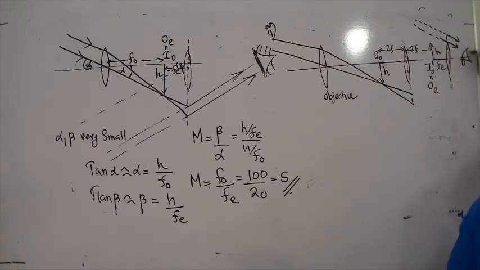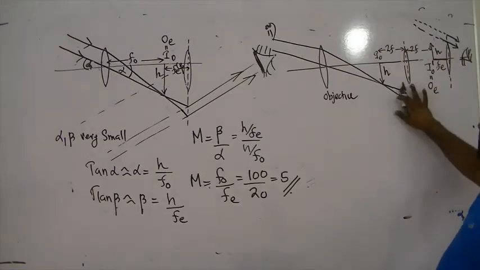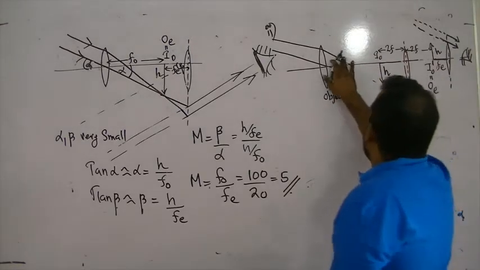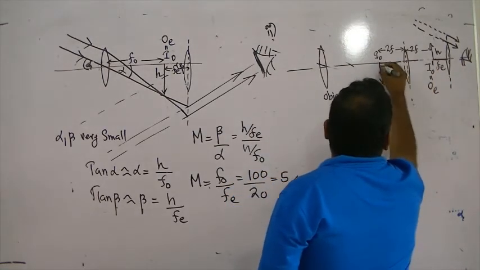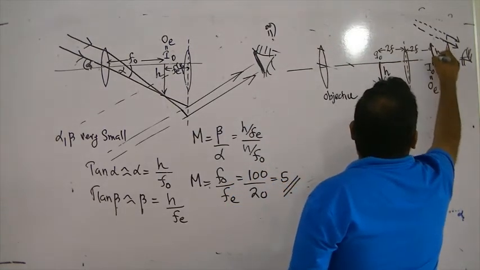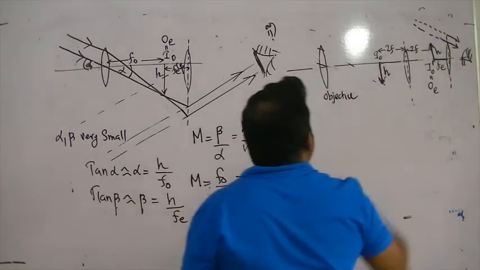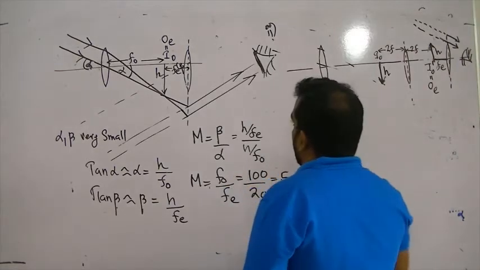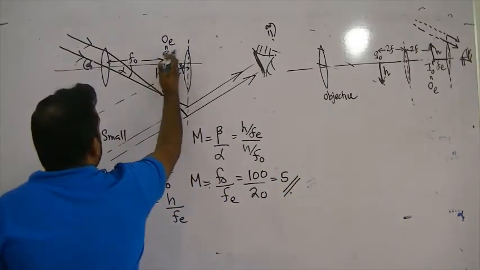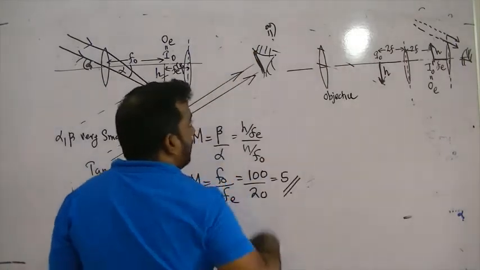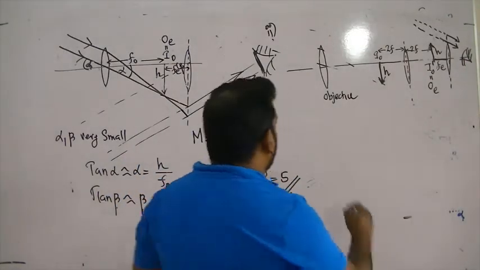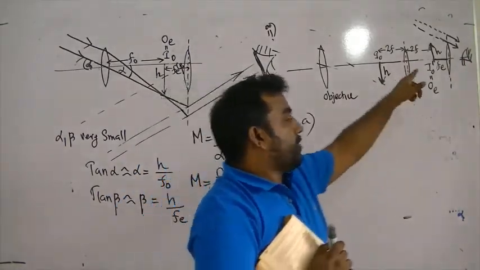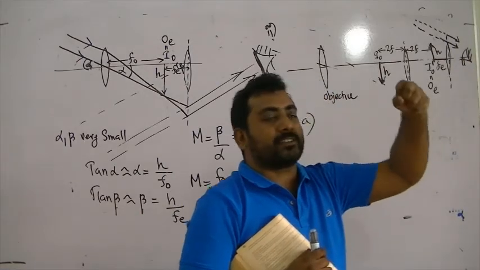Your eye is here. So the biggest advantage of what you are doing here is: the same image, no magnification here. Same height here, you make the image there, and now you can see it upright. The ray coming down here, if I put another lens there, will be turned upside down. So now you will see an upright image. So what's the biggest advantage? We would observe an upright image through the eyepiece.